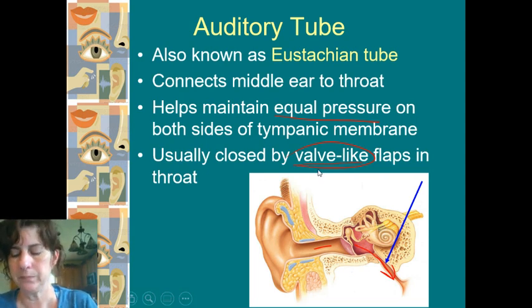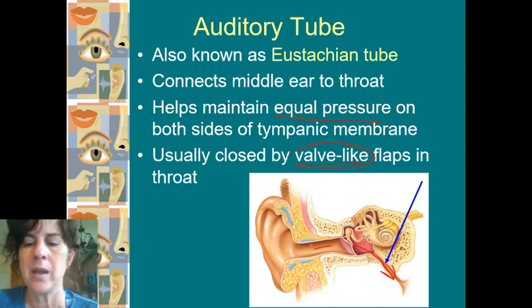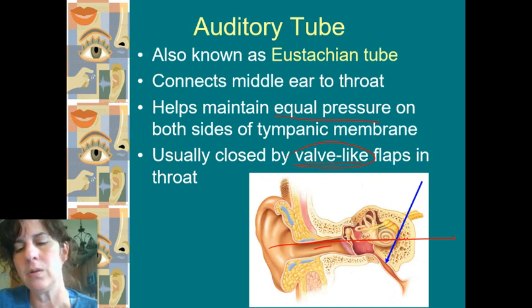For little kids, and the reason why little kids have more infections than we do, this is an adult ear that you see, and notice the angle of this. If I come in here, you have this angle coming in. For little kids, their skull is a little bit different shaped and it's still developing. That angle isn't nearly as sharp. It's much more of an angle, kind of like this right here. So we have less of a sharp angle.